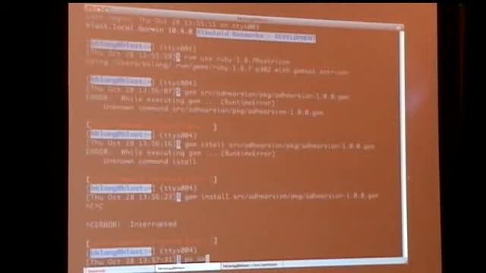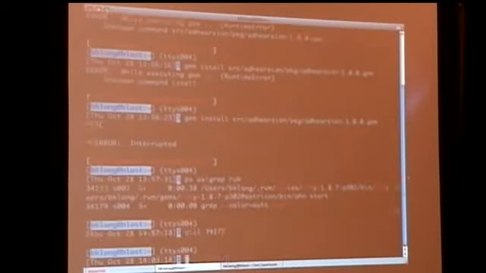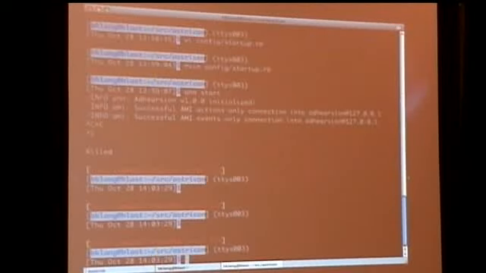That's weird. Why is my Control-C not working? I guess this is the live demo curse. All right, so I'm going to